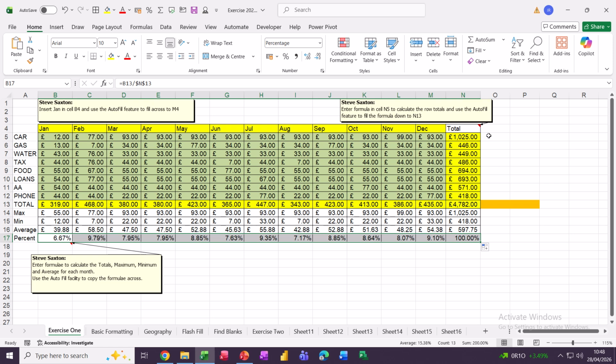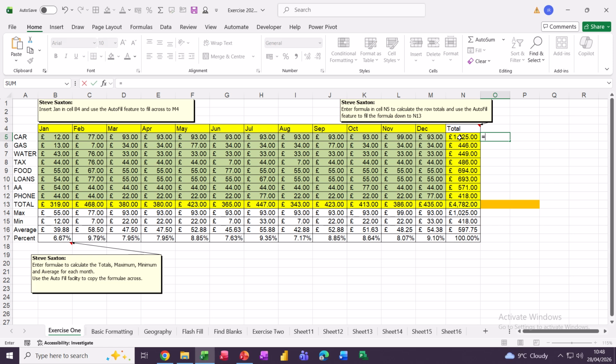Now I'm going to do that again coming down. So I want to know what 1025 is as a percentage of 4782. So that's going to be equals N5 divided by N13. Now I know that I want to pull that down, so I need to be locking that N13, otherwise it's going to come down into these cells. So that's F4 I'm pressing now, and then I'm going to tick that,